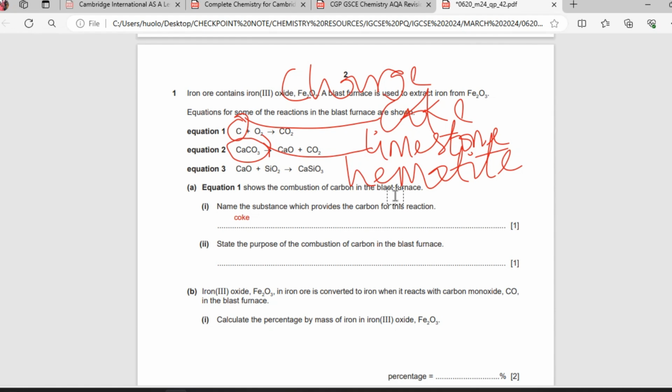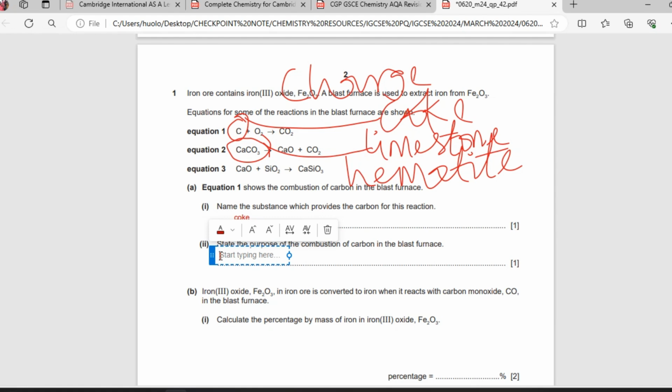Now state the purpose of the combustion of carbon in the blast furnace. In other words, this first reaction, why is it taking place? Note that this reaction is actually an exothermic reaction. It means it's going to release a lot of heat, which is needed for the reaction. So the combustion is an exothermic reaction to provide the heat needed